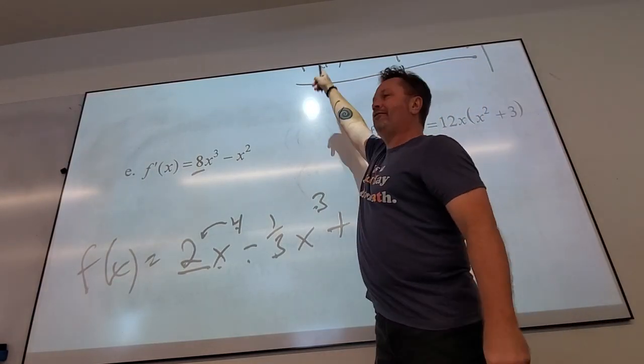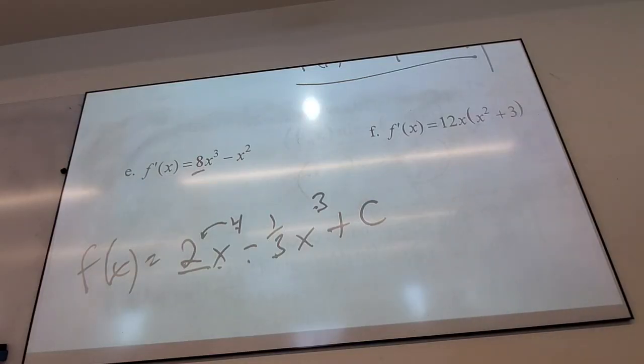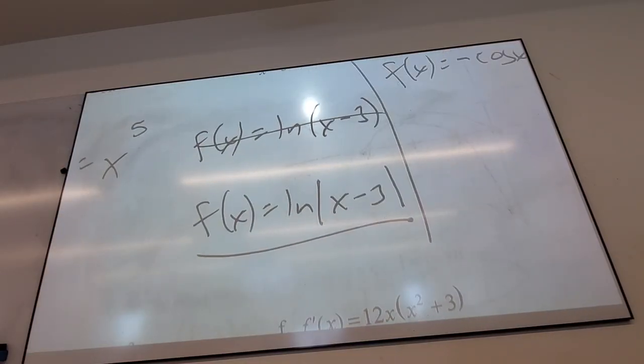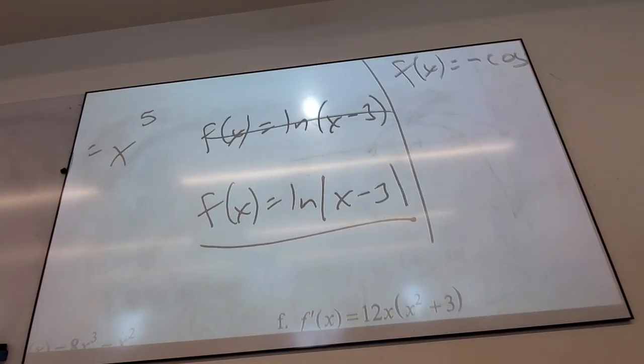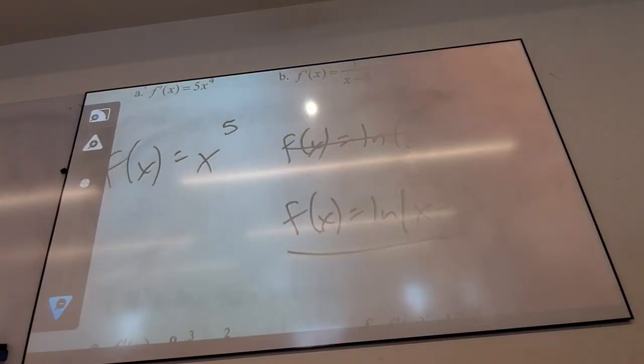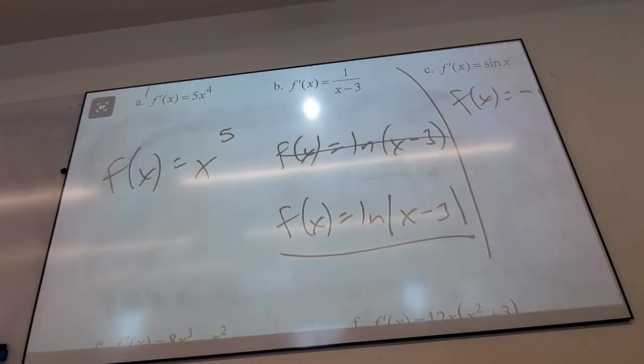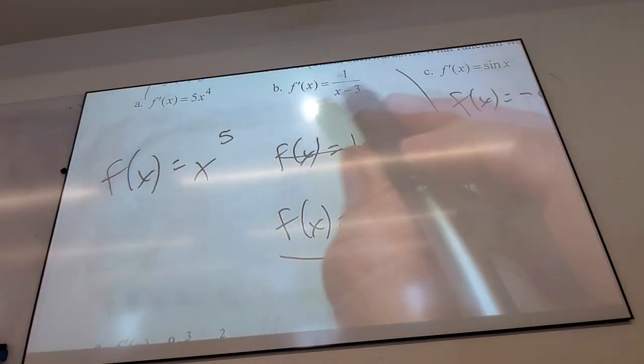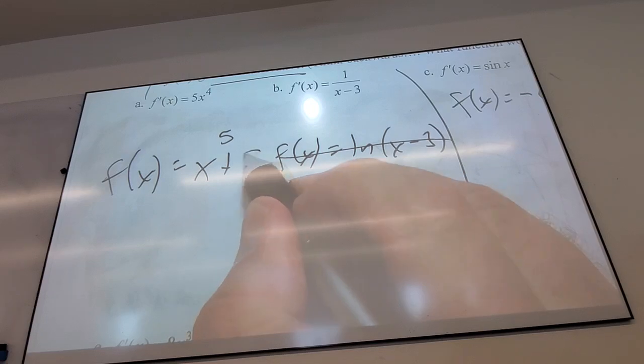So what do I have to do for everyone? We already did. Plus C. So cover yourself, and if you don't, you're going to lose points. And this is the favorite part of calculus. When I was a student, when I got one of these tests, I put a big plus C on the top of it so it would stare me in the face. But do you understand why I need it? I want the most general answer.